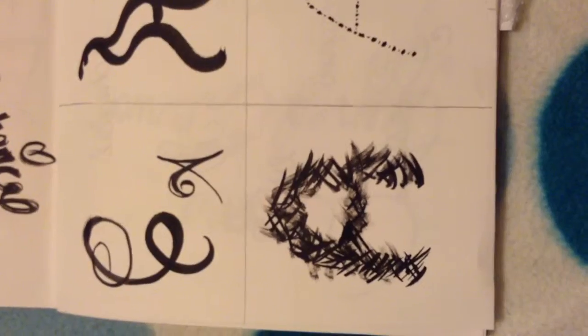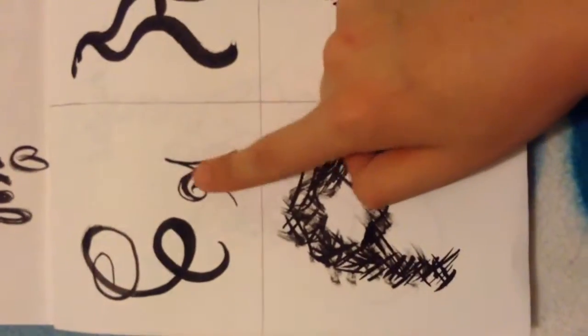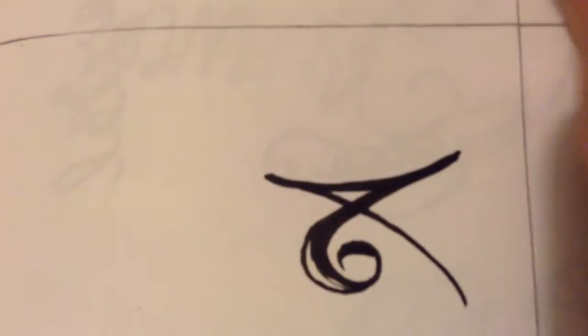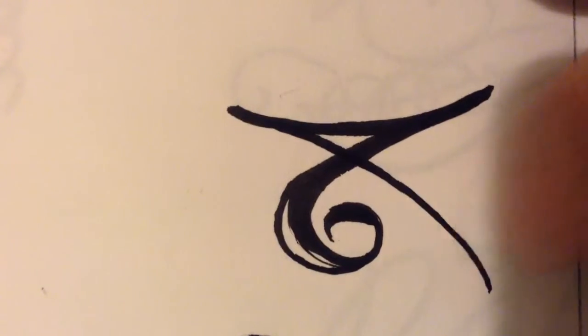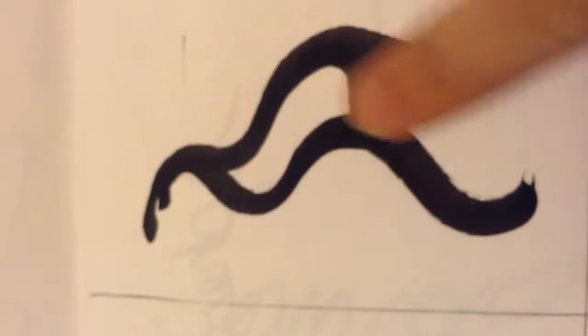So we then went to use a different material. So we used ink, and this is curved. I really love this A. The way it's not entirely filled in. The way you can see the brush stroke here. I found that really interesting to play about with. Look at that. Anyway, and then wavy, angular,